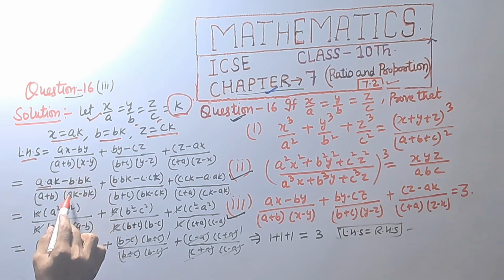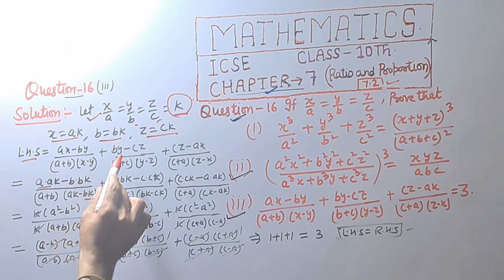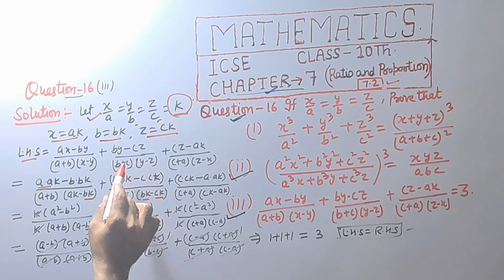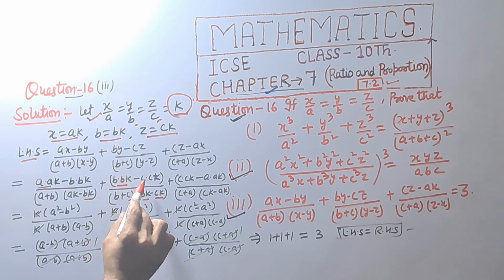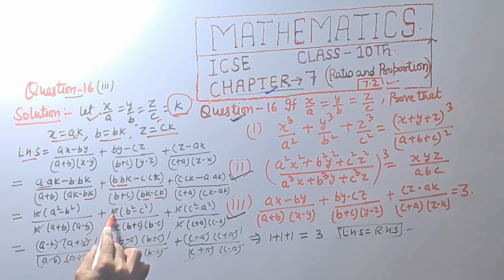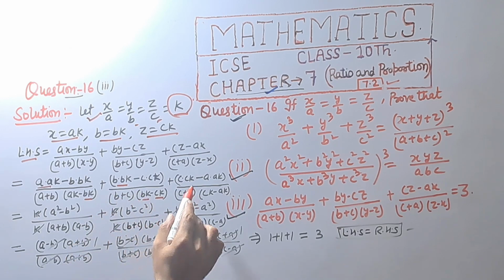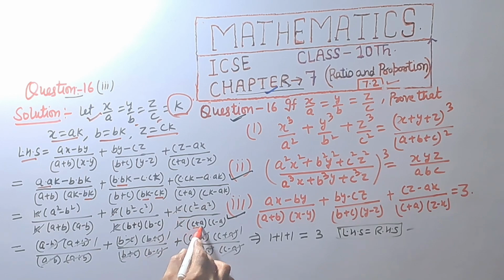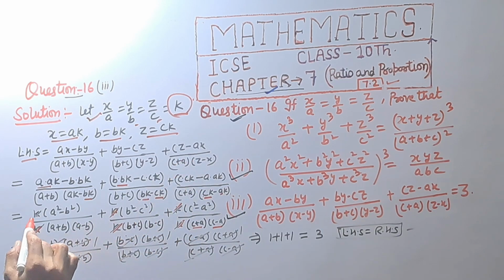And x is ak, y is bk, b plus c as it is, y is bk, z is ck, and we get k square, we get b square k minus c square k, k is taking common, and divided by k is taking common, b plus c into b minus c. c into c, that is c square, a into a, that is a square, k is common, c square minus a square divided by c plus a into c minus a, k is common, k is cancel,